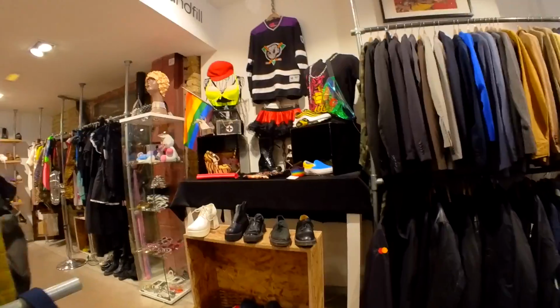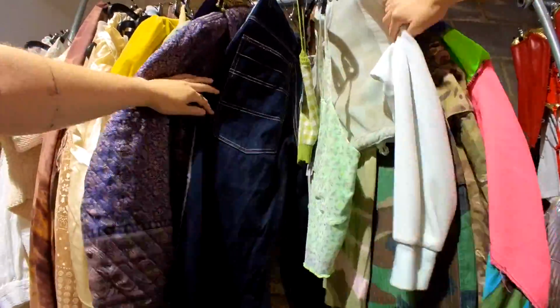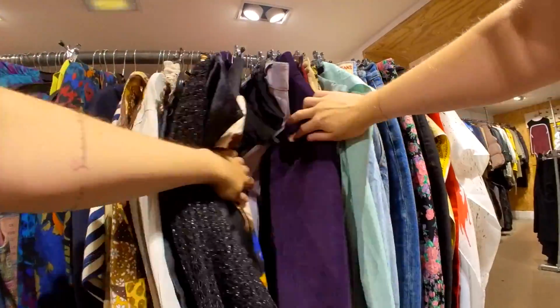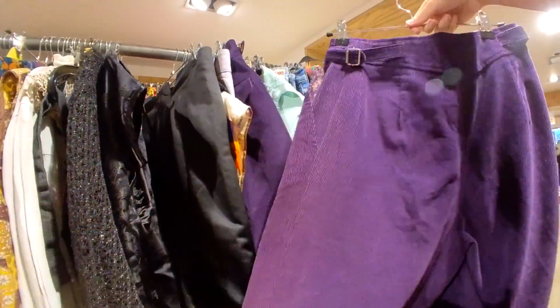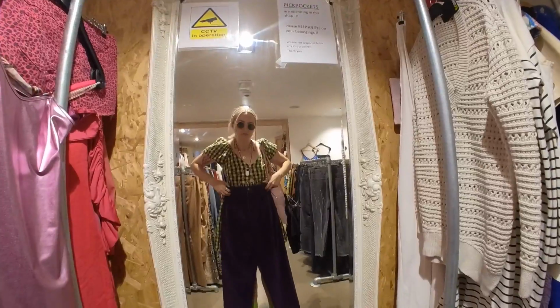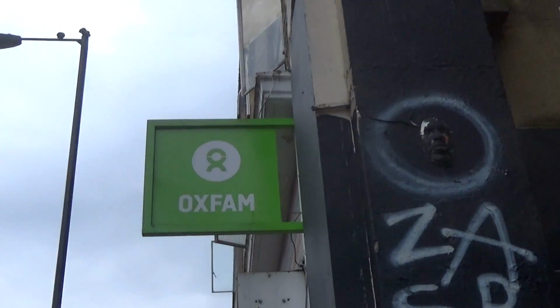You could even find some Doc Martens maybe if you're on the right day, and just a lot of trendy pieces. It seemed a bit more curated, and lots of options to choose from. Lots of corduroy and nostalgic styled pieces, like 80s, 90s if you're into that kind of thing. I fell in love with these pants, but sadly they were too tight, so we went on to Oxfam, which